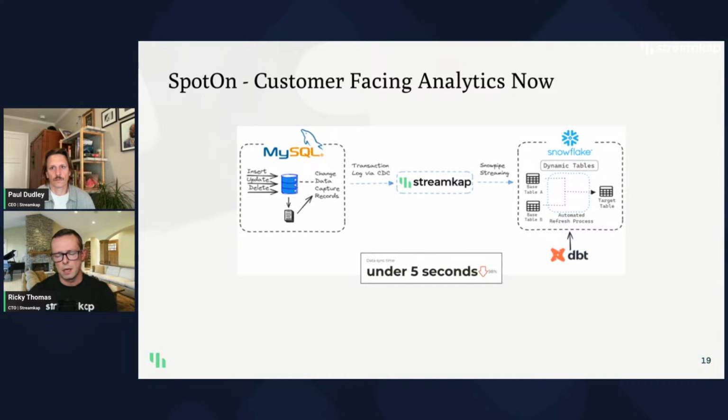And at that point, Spot On could have carried on using the incremental models they were running, but they actually made use of dynamic tables instead. And it's another feature from Snowflake that helps make, in this scenario, the target table easier. You write a piece of SQL, and Snowflake takes care of the rest in terms of, okay, do I need to do a full refresh or incremental model, set a target lag, and it updates. Today, dynamic tables work to a 1 minute lag, but they're about to release, or out in, I think, early access,